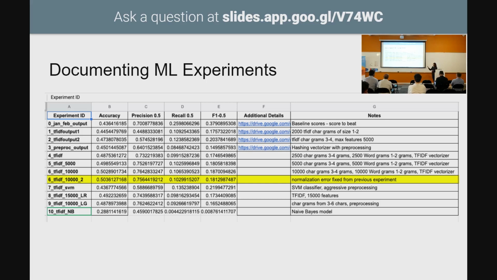I found an error and fixed it, but of course I didn't rerun all of those previous experiments, because how can you reproduce each and every one of them and figure out which one had that actual error, because a bunch of them didn't. And each run took over an hour to run. So it's pretty expensive to figure that out and selectively run the ones that you're actually interested in.